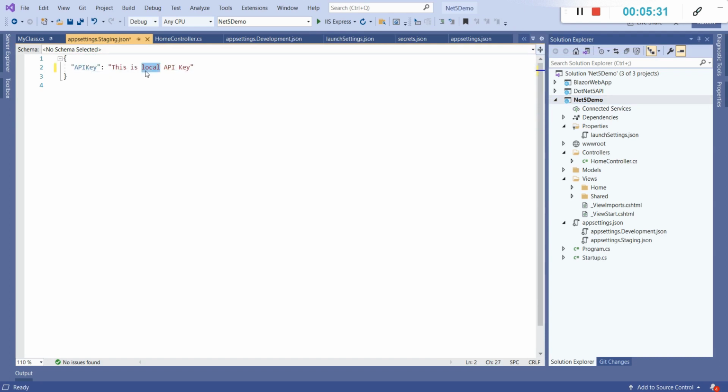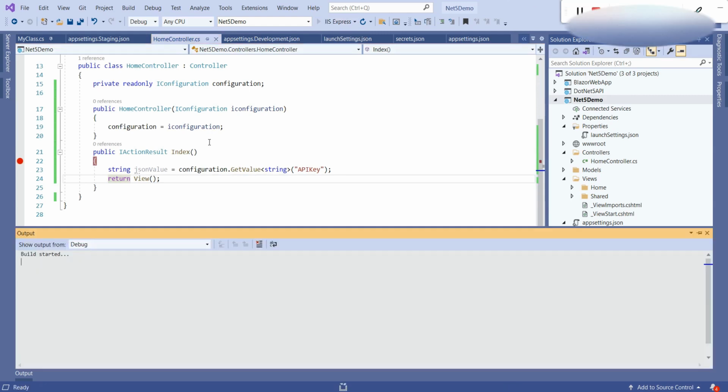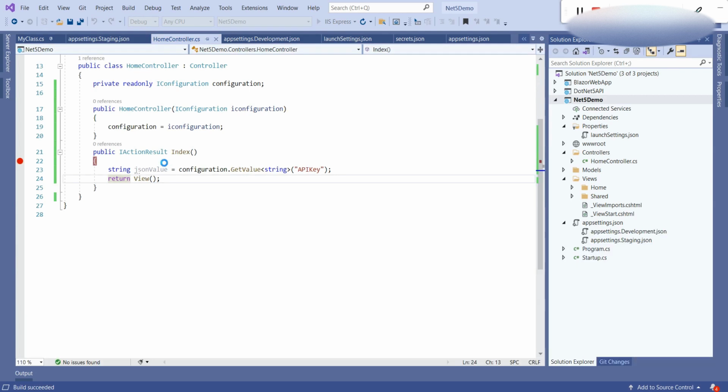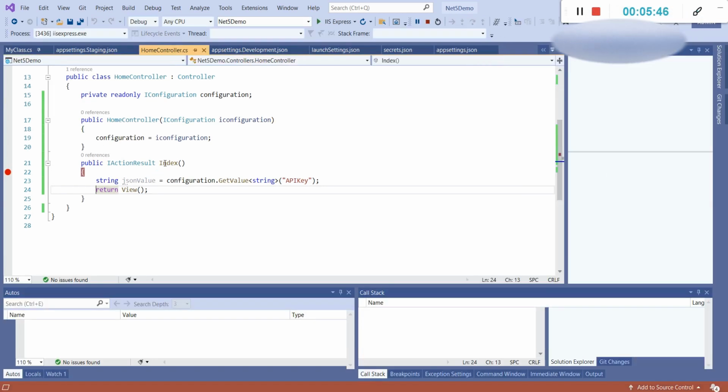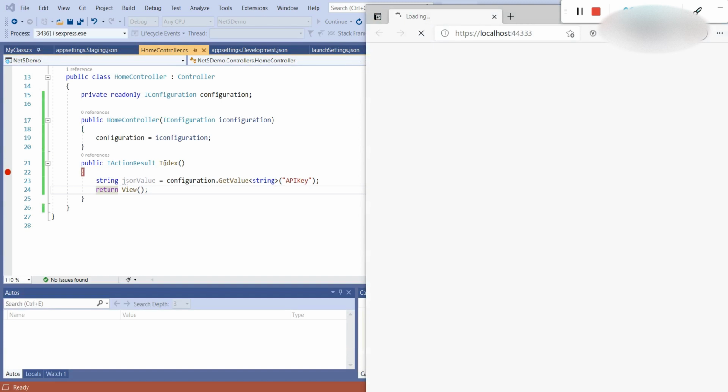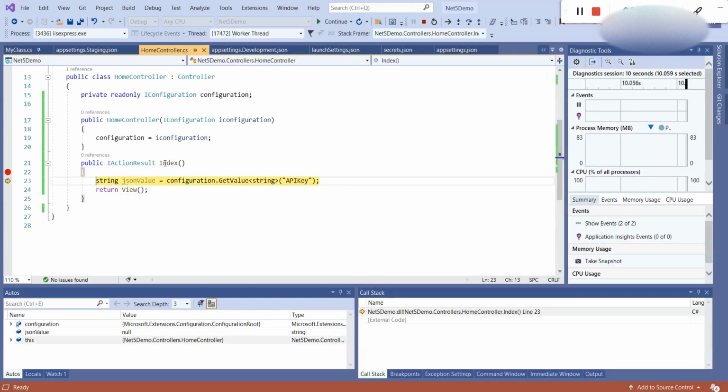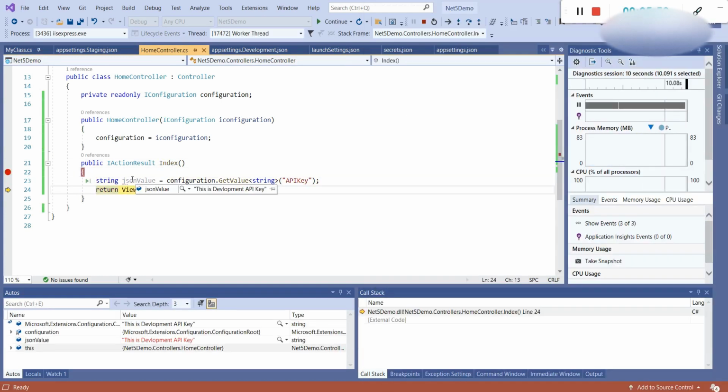This is staging API key. So if I run this project, still the value from the development configuration will be loaded. This is because in launchSettings.json the environment is set to development. Let's see this. The value is still showing this is development API key.